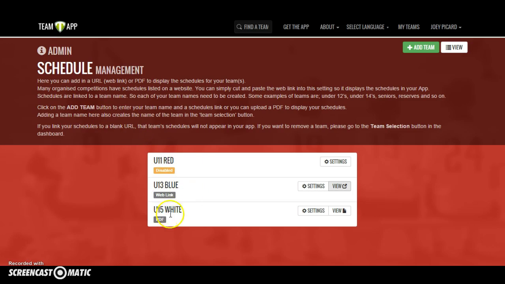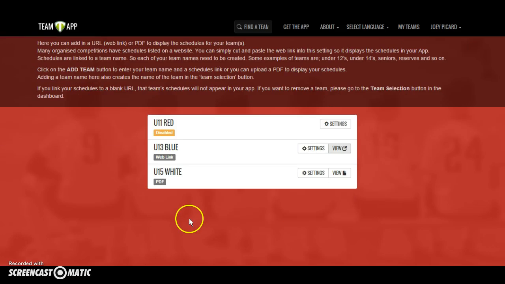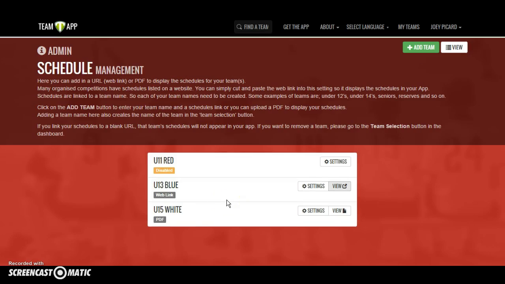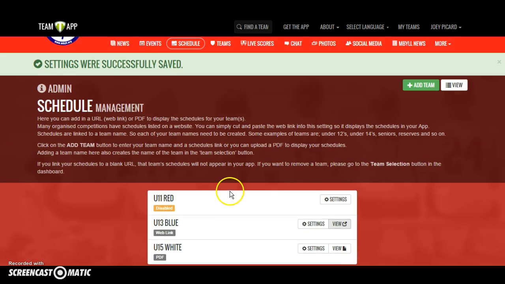And that's how we do our schedules for each of our teams. Again, if you have a ton of teams, maybe it's best to have all of your U15 teams with one PDF, maybe all of your U13 teams through a web link that it's easy to navigate from there. That way you don't have 40 teams to upload one at a time, but that's entirely up to the town